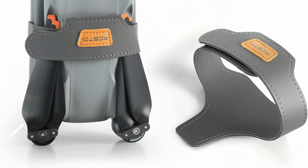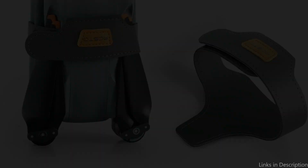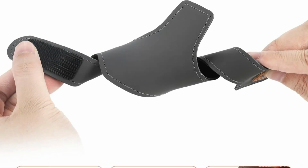On number 2, we have RC-style propeller holder. Another great option for DJI Air 3S users who want to safeguard their drone's propellers is the RC-style propeller holder. This precisely crafted holder reduces the possibility of damage during storage or transit by guaranteeing that the propellers stay firmly in place. Effectively guards against damage to the front and rear propellers when being transported and stored in the folded